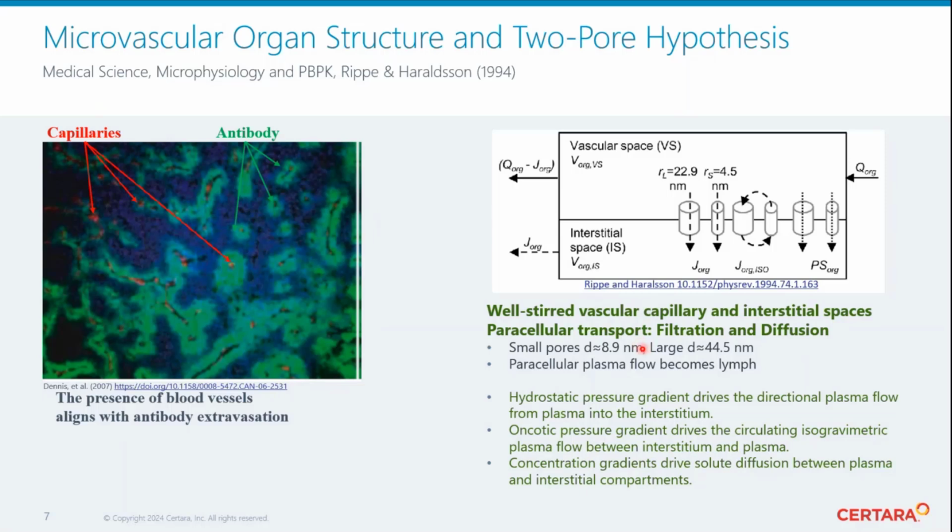The physiological framework for filtration and extravasation was established by Rippe and Haraldson, but they built on the work of many different earlier scientists, starting from the 50s and 60s. And by and large, organs behave as if there are paracellular pores of two sizes, large ones with a radius of 6 nanometers, and small ones about 4.5 nanometers. So these are the channels for extravasation, filtration, and also diffusion. So it all happens through the same pores. There are no sets of pores which are reserved for this or that. Everything happens all the time through the same pores.